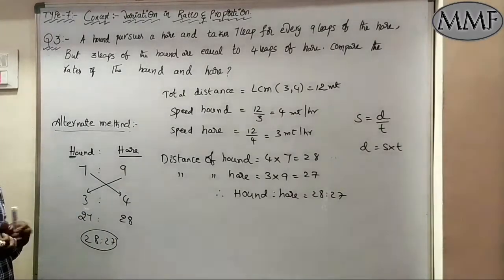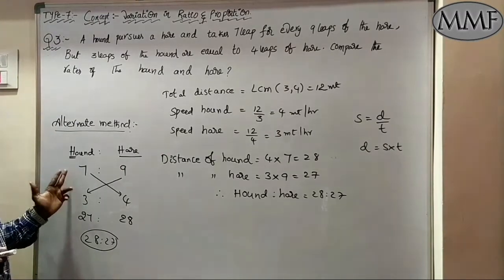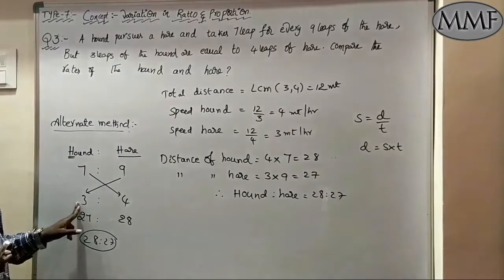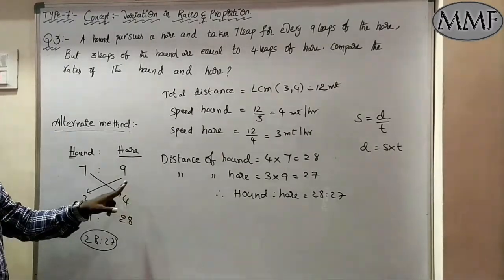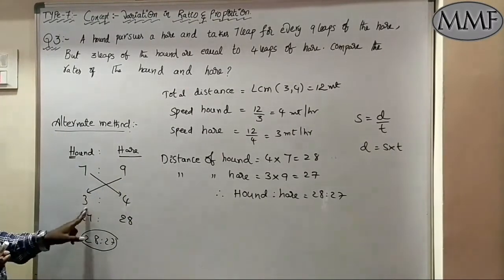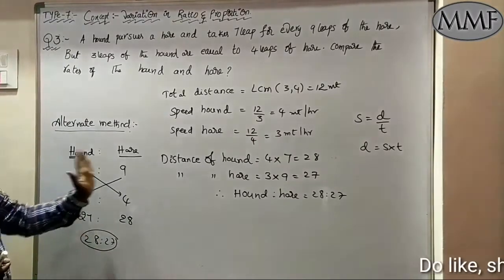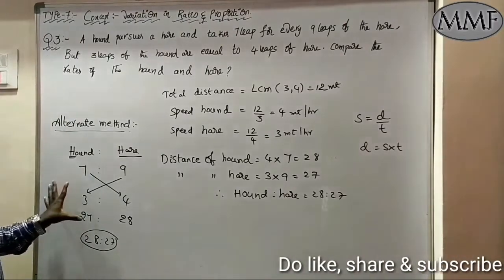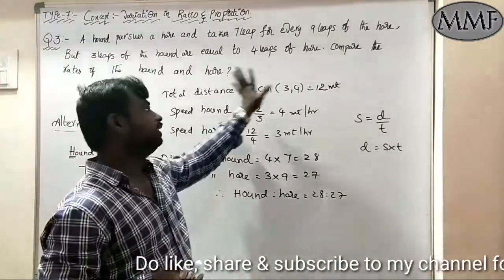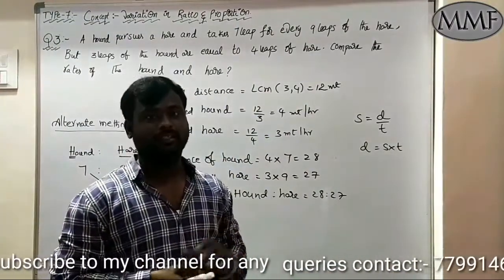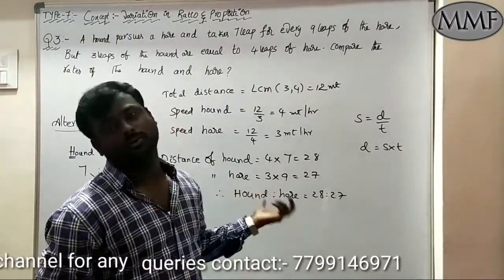Once again I repeat. First, 7 leaps of hound is equal to 9 leaps of hare. Then 3 leaps of hound is equal to 4 leaps of hare. Just cross multiply: 9 times 3 is 27, 7 times 4 is 28. Just reverse the ratio and you will get hound to hare. So this is an alternate method you can use in your exam, and this is the exact model given in the question. Clear? Right. Now I'll give you one example model. You do it yourself in your